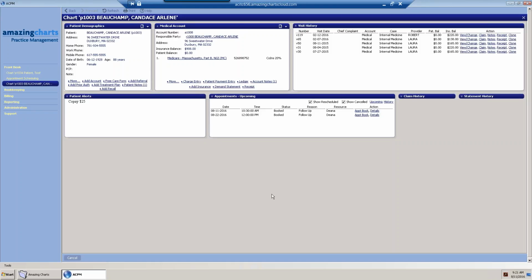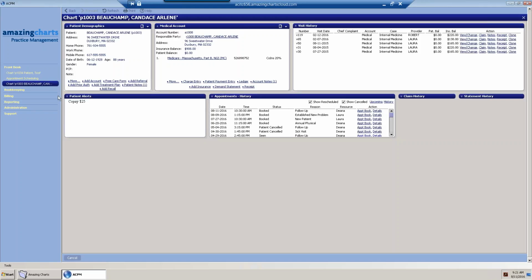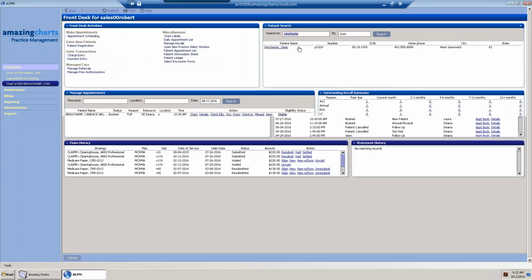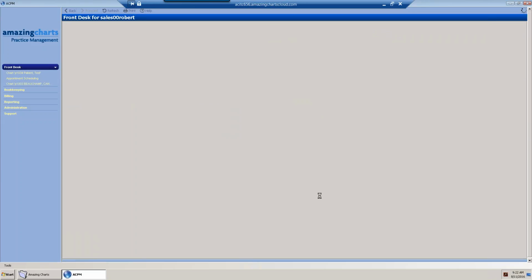It will show you the history, perspective of demographics, billing, appointment history, any kind of alerts that someone put on this patient's chart. And you can even color code the different alerts in the system. Claim history, and even statement history. So if the patient had received a statement, you would actually be able to see all of that right from